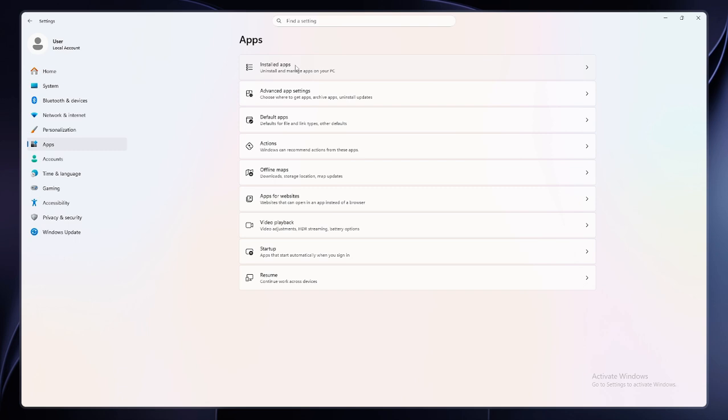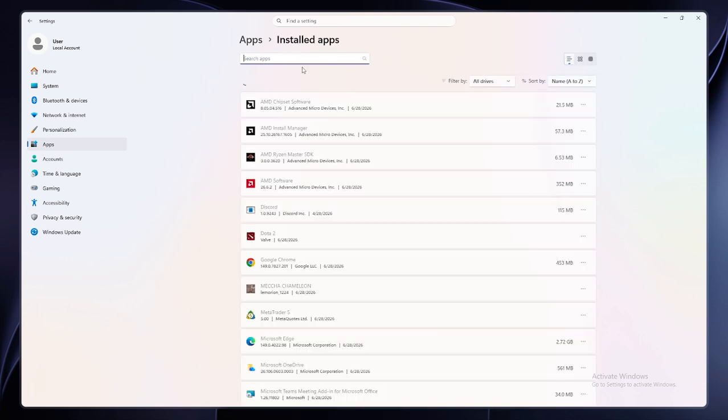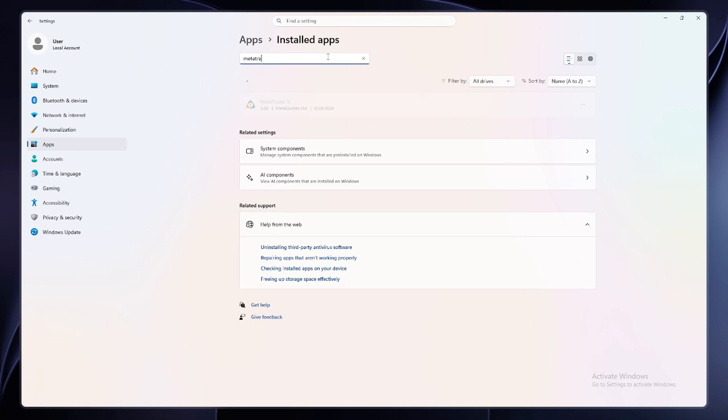Look for and click on Installed Apps. This option displays a complete list of every program currently installed on your PC, making it easy to locate the specific application you want to remove. Now, in the search bar at the top of the installed apps list, type in Metatrader 5. This will filter the list and show you only the Metatrader 5 applications, saving you time from scrolling through all